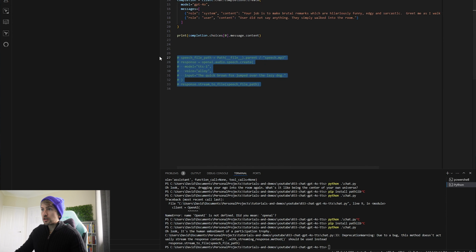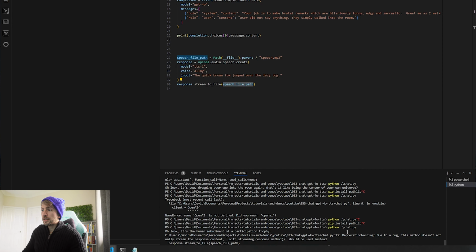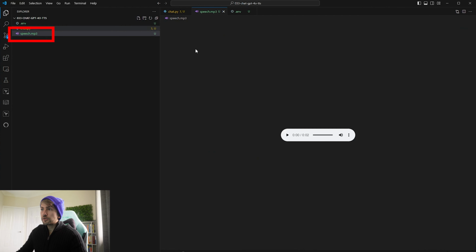Now we're going to uncomment our text-to-speech endpoint. What this is going to do is create a speech.mp3 file in our current working directory. In that file, it's going to use the text-to-speech model to create that natural sounding language. It's going to use the Alloy voice, and it's going to say the quick brown fox jumped over the lazy dog, and then put that into our file. So if I run this application now, we have our speech.mp3, and if I play it,